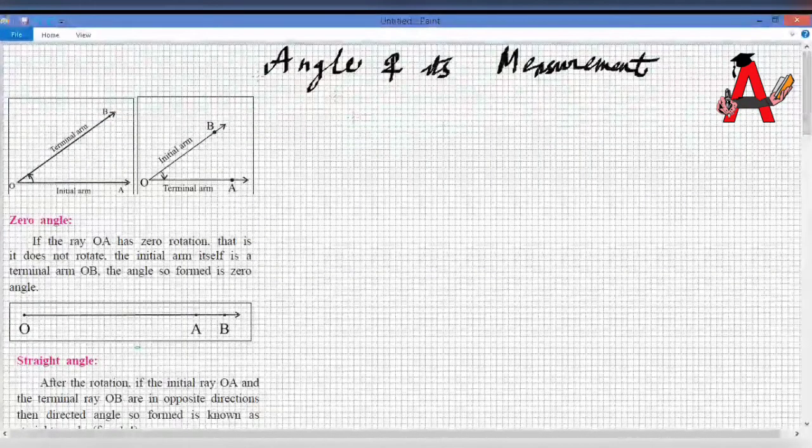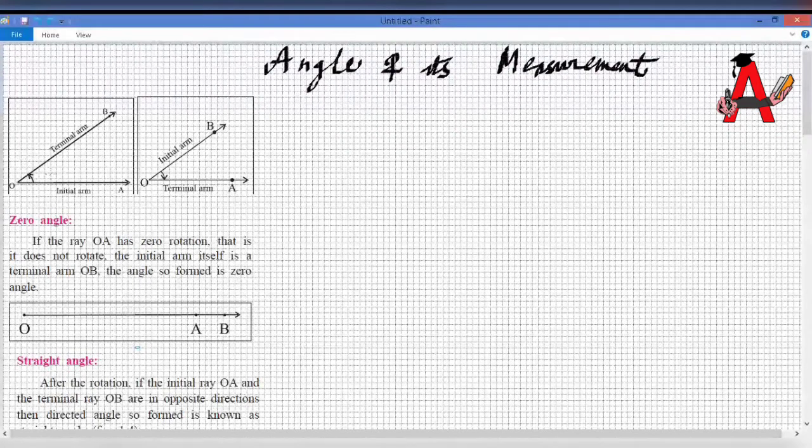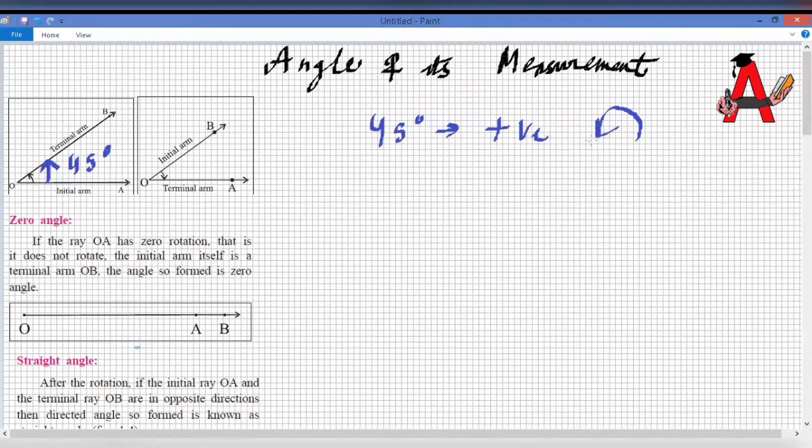Now, let's start. There's an initial arm OA and there's an arm OB. We start an angle from OA and end on OB, and this angle is called 45 degrees. This will be measured as a directed angle of 45 degrees. Now this 45 degrees is positive because we are measuring it in the anti-clockwise direction. So whenever the angle is measured in the anti-clockwise direction, it is positive,